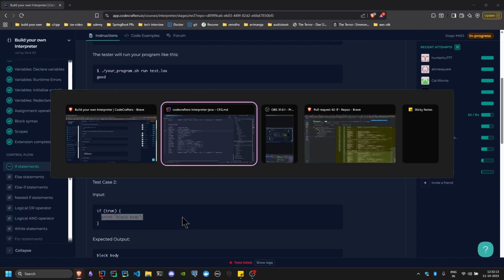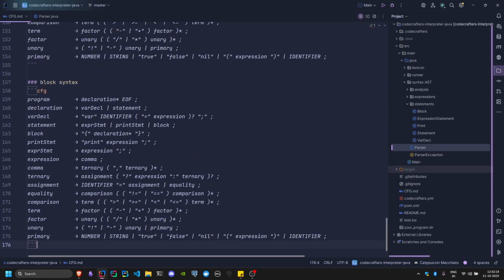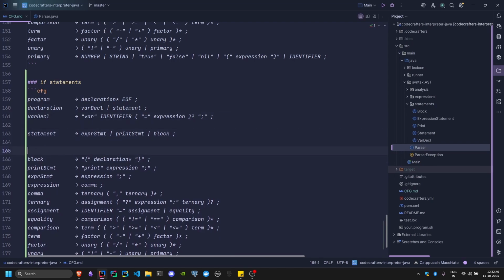So let's get to it. Let's update our context-free grammar. Let's add conditionals to our context-free grammar. Let's make it if statements, and what do we need to change? By the name of it, you can guess it's going to be a statement. We're going to add it to the statements, if stmt, and an if statement is going to look like